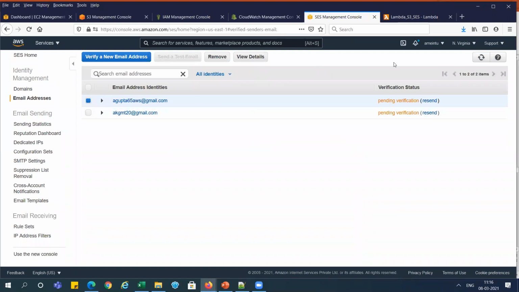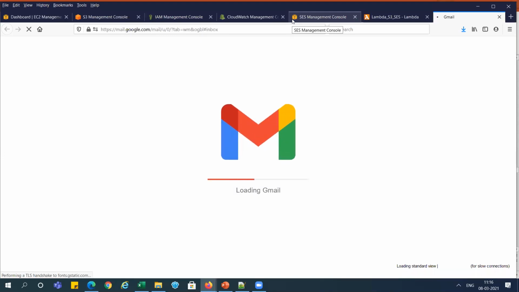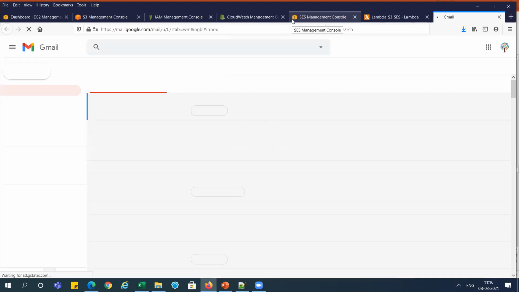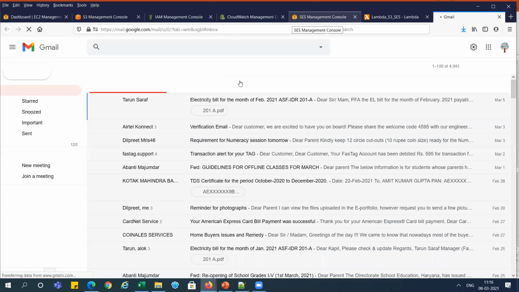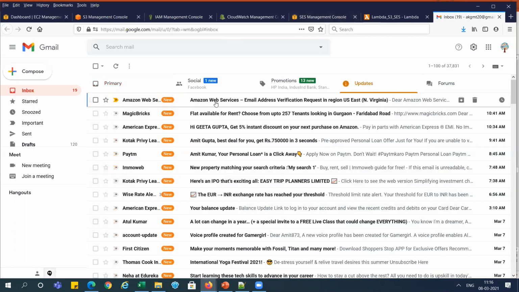So let me open my email ID here, right? So you can see here, this is my email ID, and you can see in updates, I got one update, Amazon Web Services, email address verification request in region North Virginia, right?